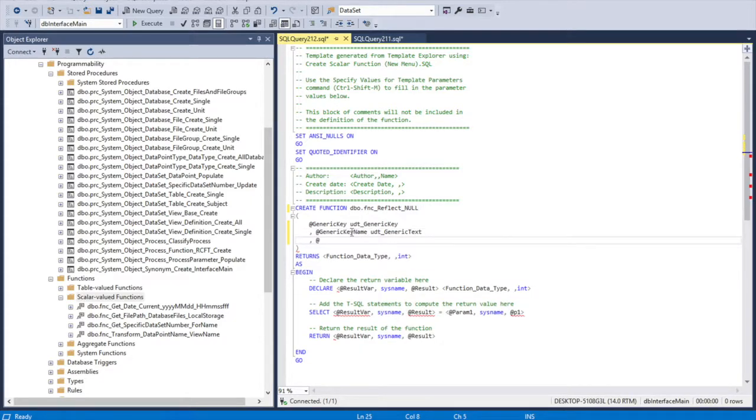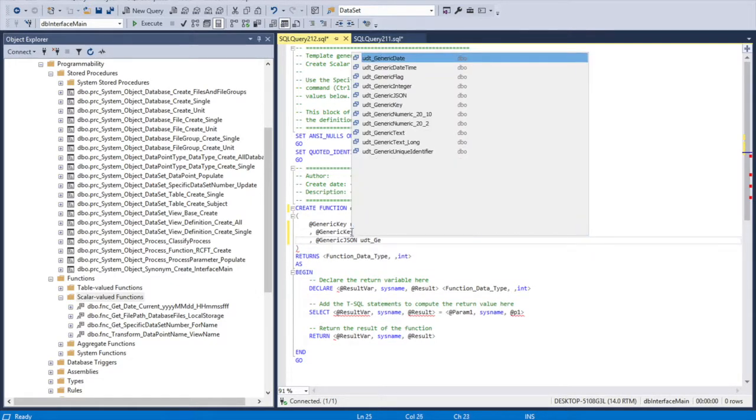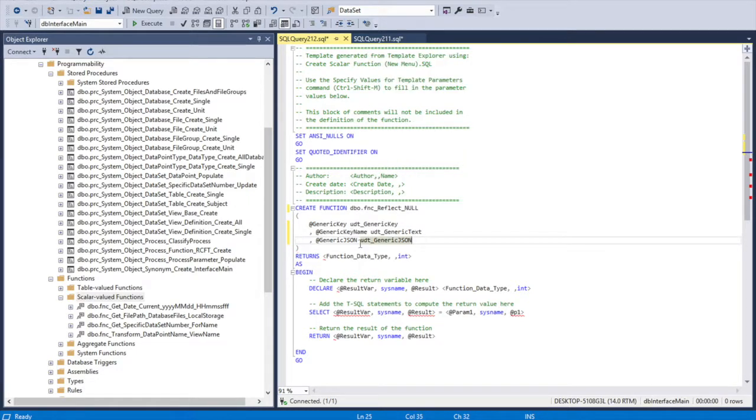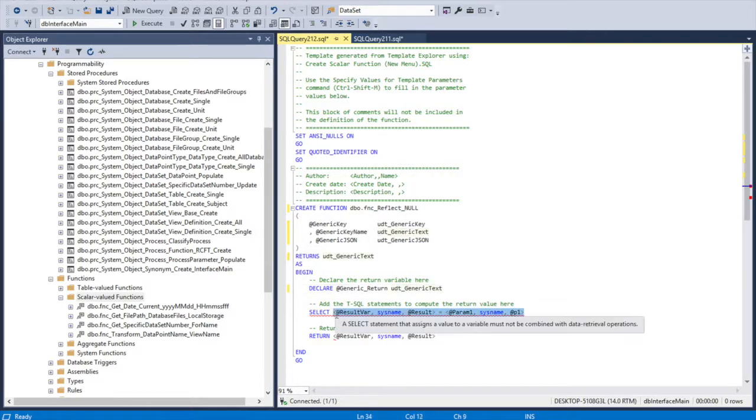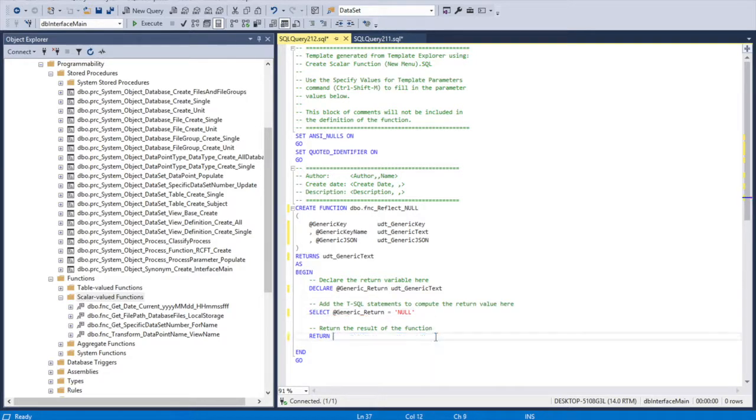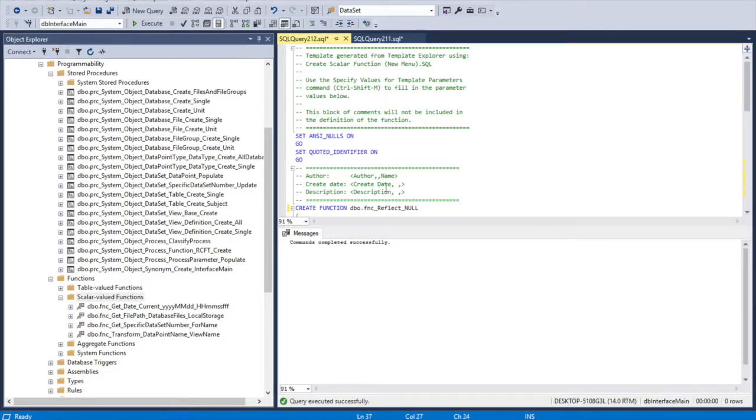Now for my parameters, this is very special. I'm declaring a generic key, a generic name, which could be a key name, and generic JSON. Because I think no matter what we're doing, these are the only 3 variables that I will need to dynamically execute. So based on the procedure that we're using, we can choose whether to replace these tokens. For the function code itself, declaring a generic return, setting the generic return to whatever we need, in this case null, and then returning that generic return. So we can save this